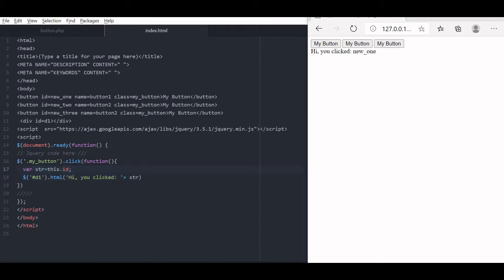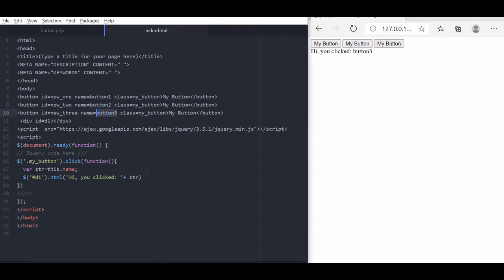We can read the name also in place of id. So let us change the name. Here we have used a common class, let's say button, my button 3. So the names are different. If you want to read the name, let us change it to name in this place. I am saving this, coming here, refresh. Now it should display the name. Yeah, button 1. Button 1 is the name here we have used. If I click button 2, the name is button 2. My button 3 is picked up here.